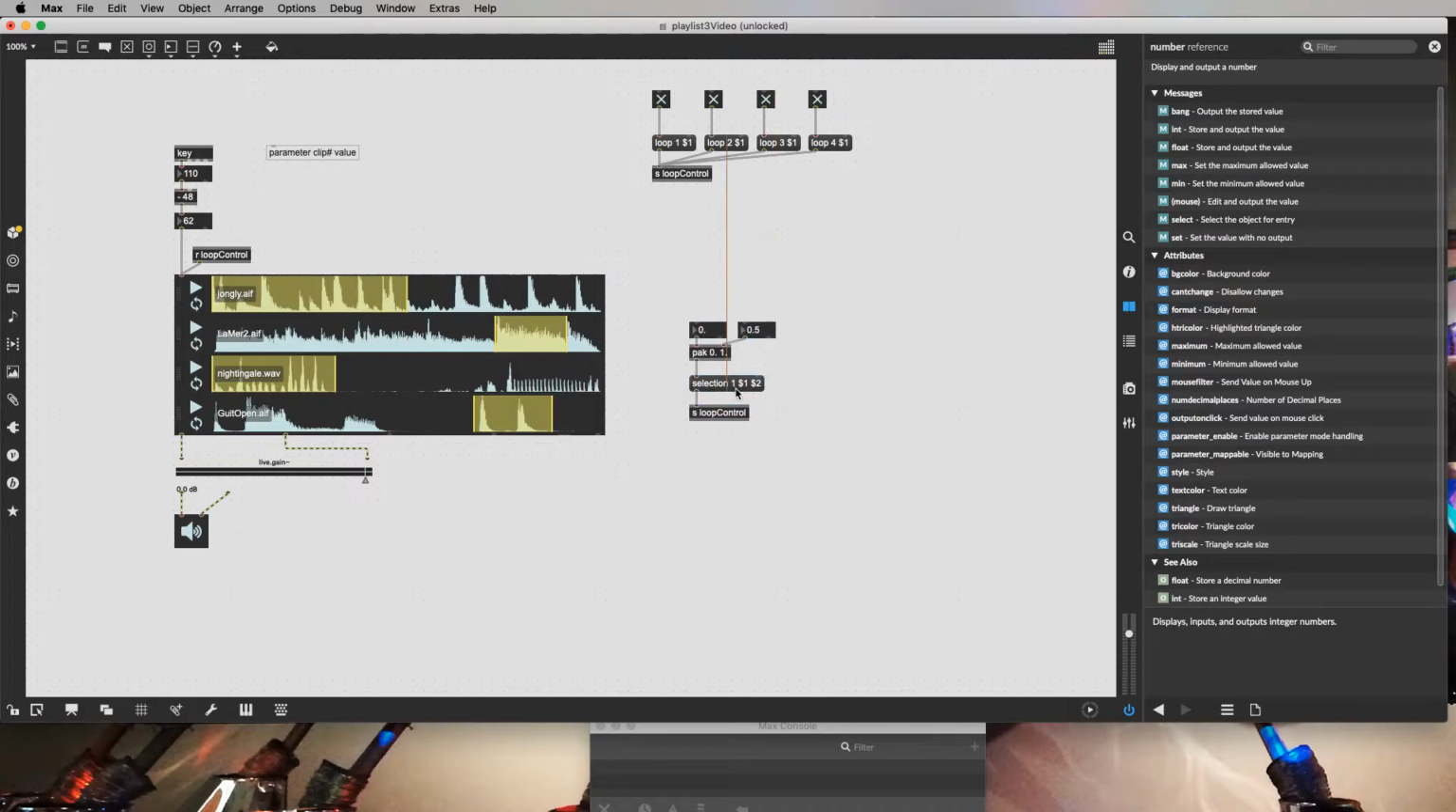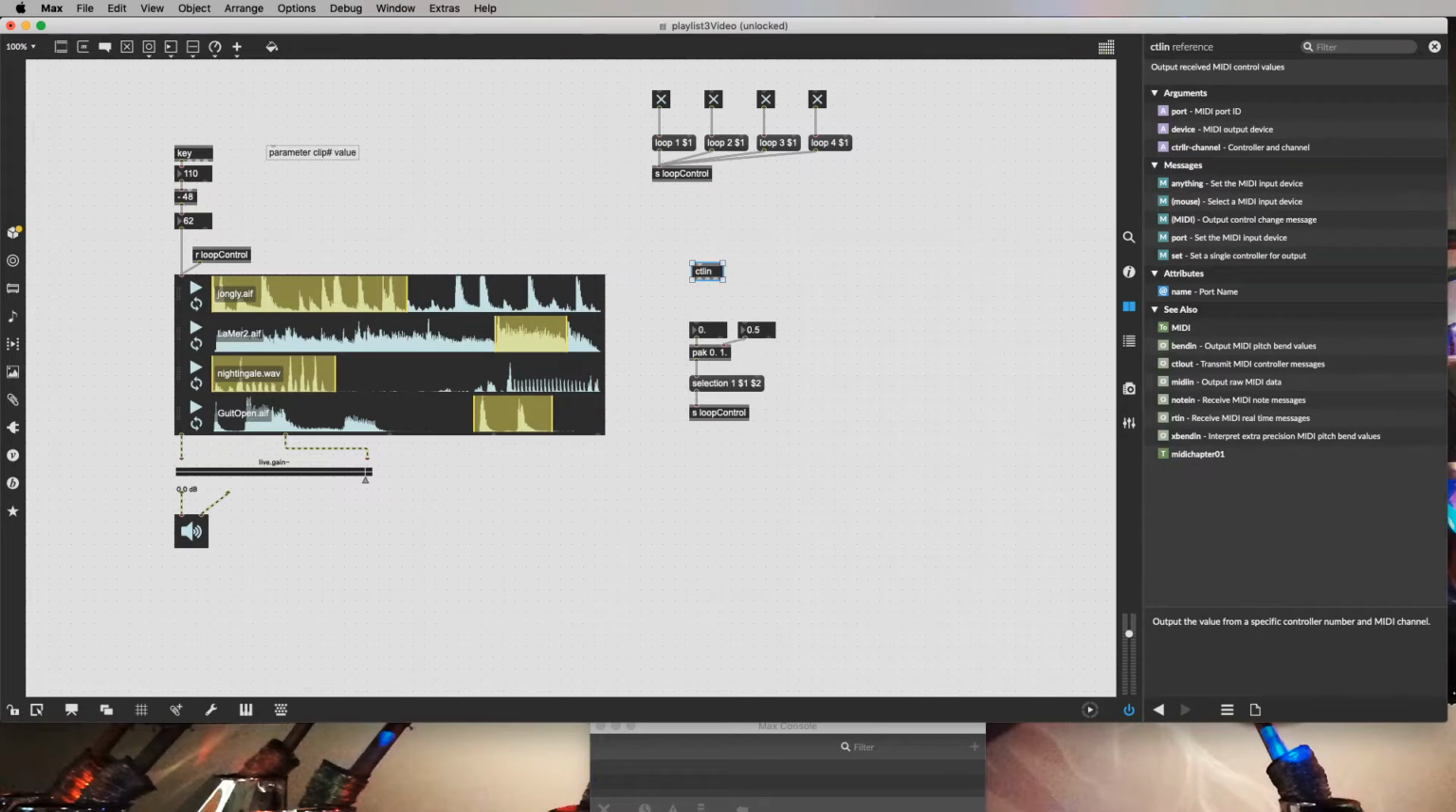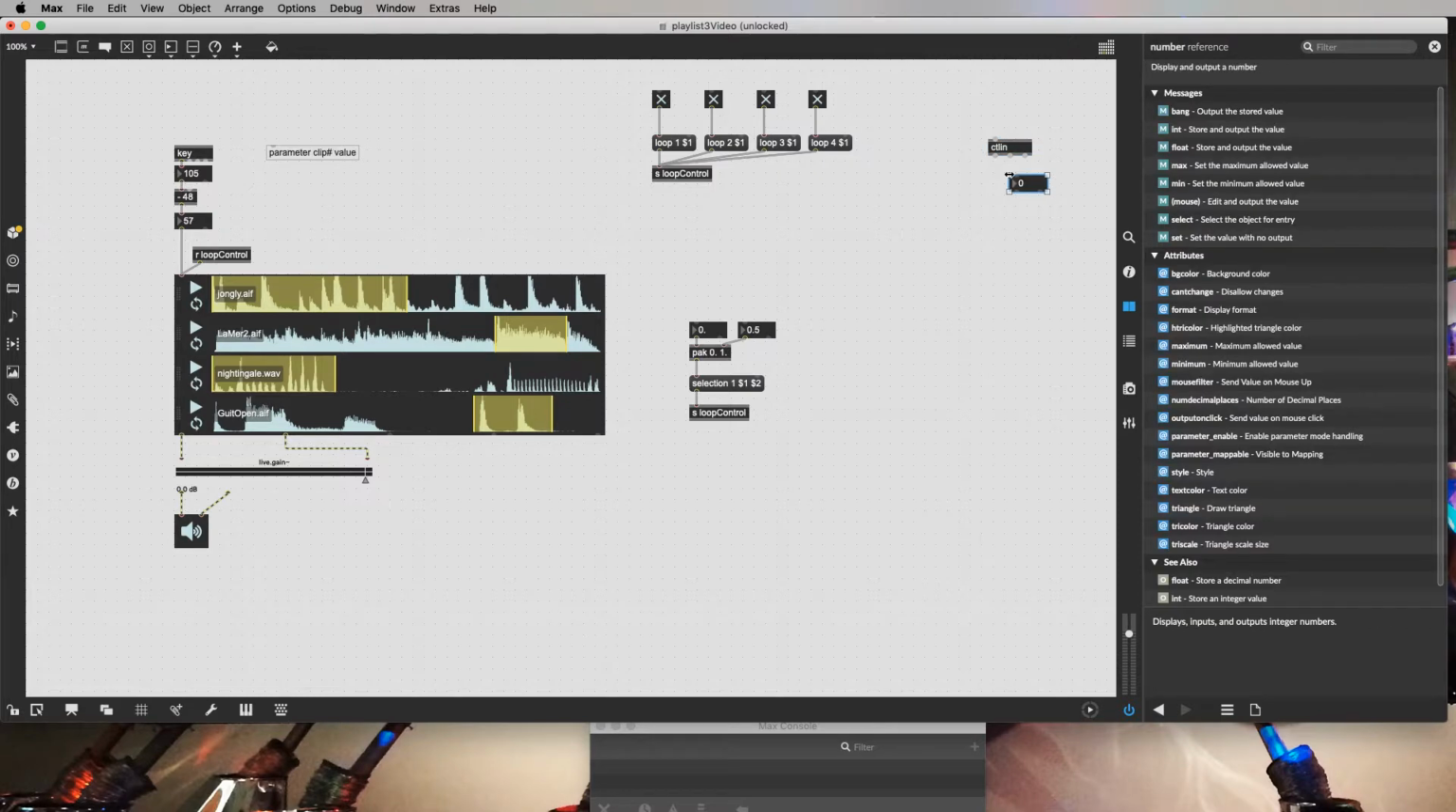move everything down a little bit, and use some control in messages. Control in, bring in MIDI continuous controller values. I'm going to make a blank box because I want to figure out what controller's what. If I don't specify a controller to listen to, it's listening to everything, but it can tell me what controller is actually being used. So hook up an integer number box with an I,